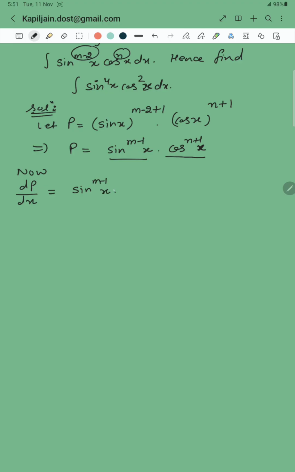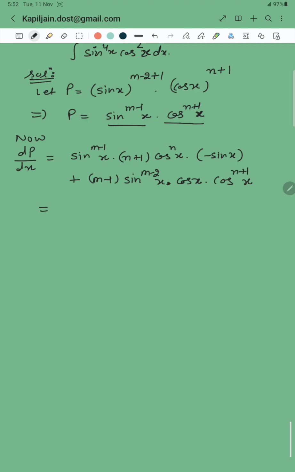First function as it is, derivative of second n plus 1 cos raised to power n x, and by the chain rule derivative of cos x is minus sin x, plus now derivative of first m minus 1 sin raised to power m minus 2 x multiplied by the chain rule cos x into second function as it is, cos raised to power n plus 1 x, which is equal to minus n plus 1 sin raised to power m x into cos raised to power n x plus m minus 1 sin raised to power m minus 2 x into cos raised to power n plus 2 x,